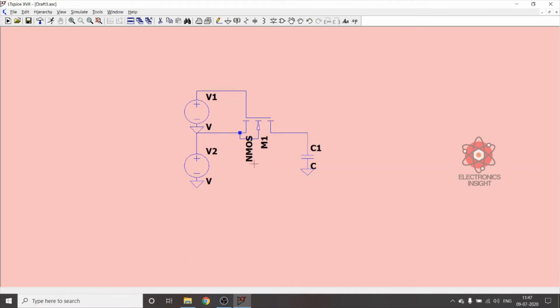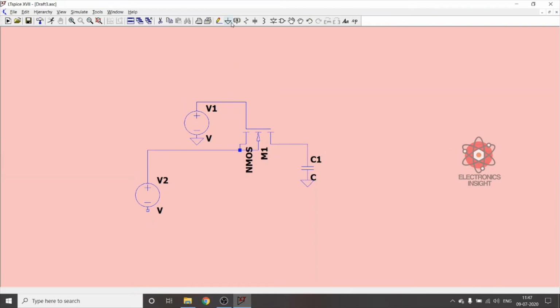Suppose if you see that there is an overlap between this, you can cut the wires also using this scissors symbol. So just cut this one. Maybe we can just drag this and keep it here, and again we can cut this ground symbol and this wire symbol so that it will not cause any interference effects or all those things. So just now extend and connect it again, and again go for the ground and replace it with the ground.